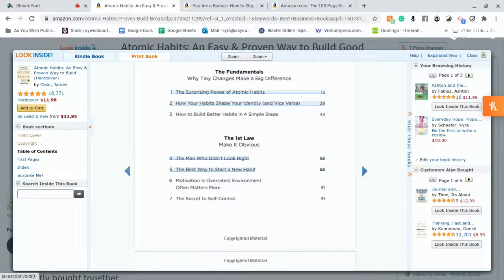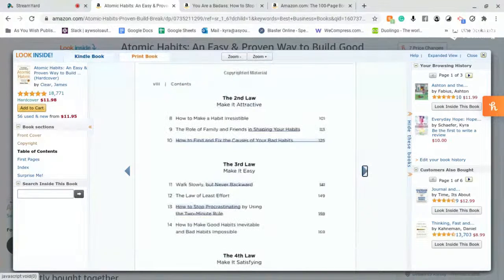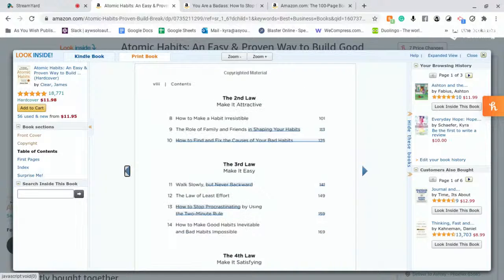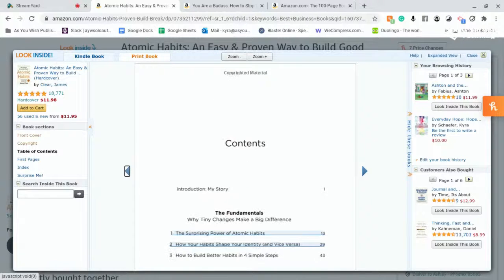The secret to self-control. I mean, that's huge. The second law, make it attractive. So that's kind of, it pulls you in. It really does. The third law, make it easy. So there's so much of the advanced tactics. So we went from just having that basic,